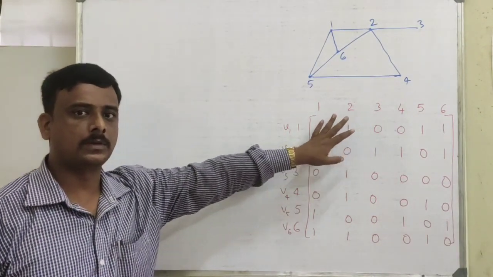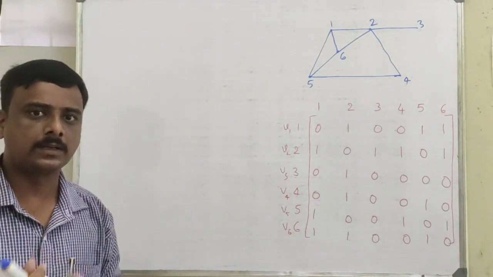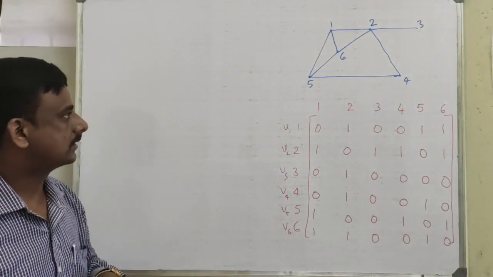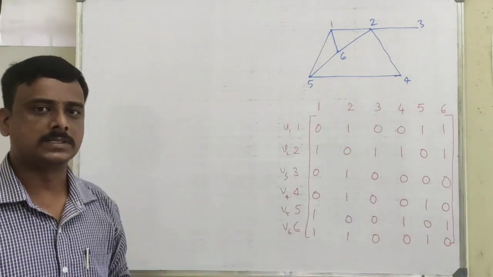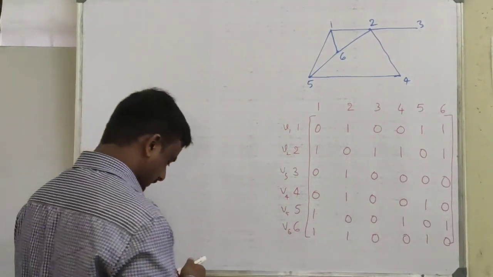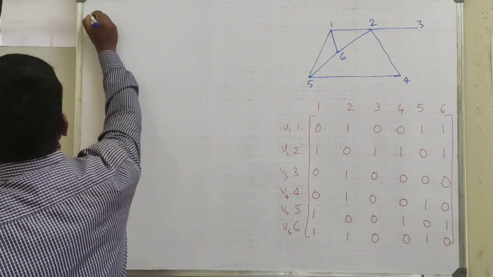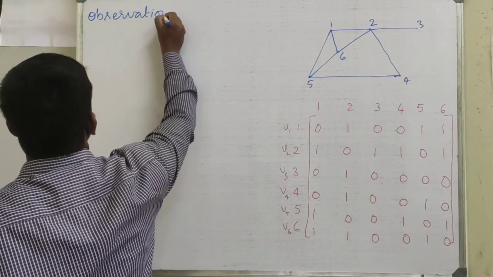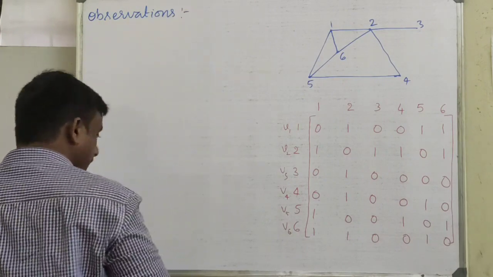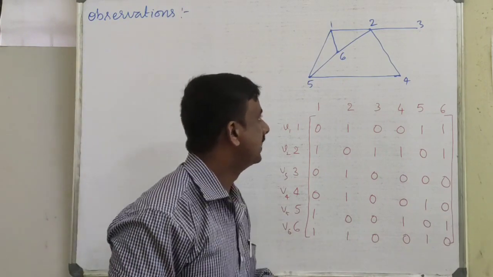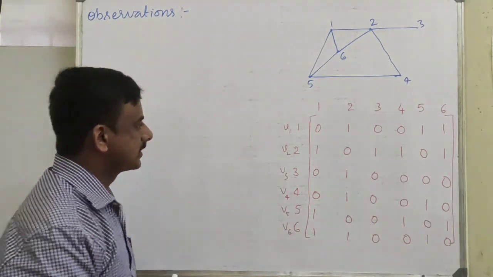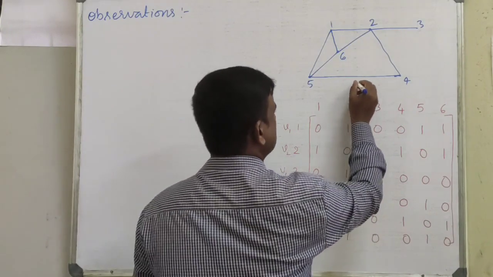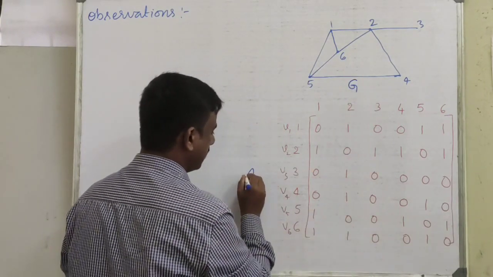Now, I am just writing only one matrix. I'll try to write down a few more such matrices considering some standard graphs. We have already listed standard graphs. So, consider those graphs and try to write down the adjacency matrix for them. Next, we'll move on to some observations on this adjacency matrix. Some observations of the adjacency matrix. Now, look into this matrix, the adjacency matrix of this graph. If this is G, then this will be A of G.